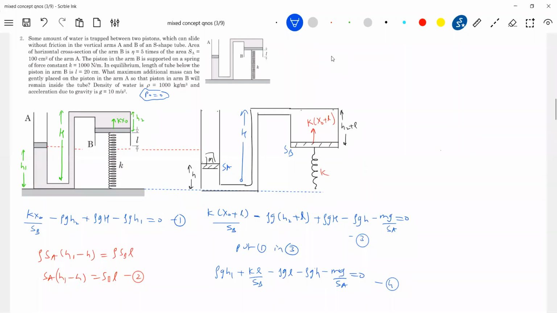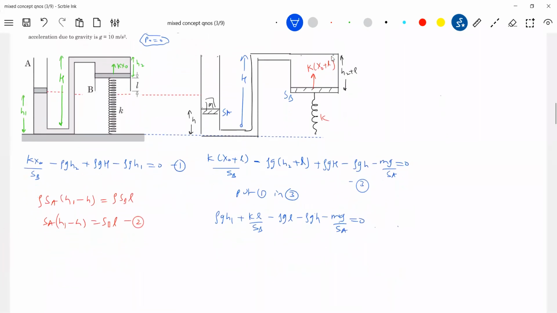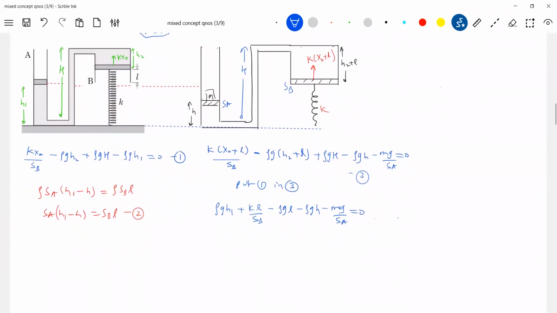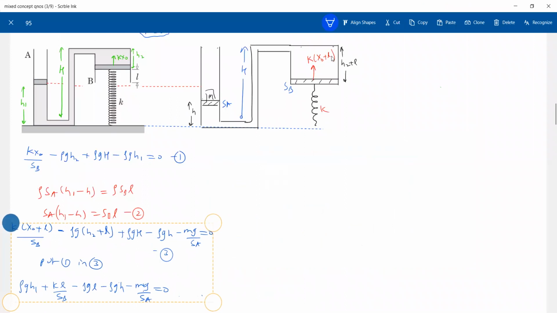Or if you simplify one more step, I think I'll keep it this much. Writing equations will be easier. Shall I take out this much? We'll have enough space to write all the things.